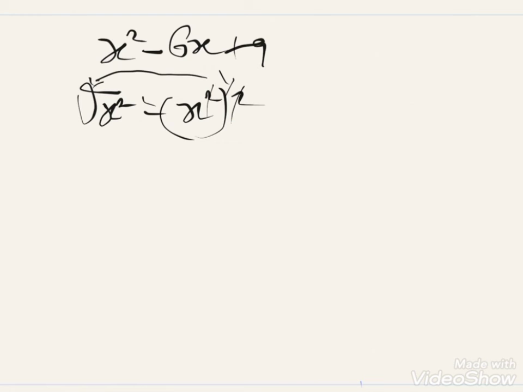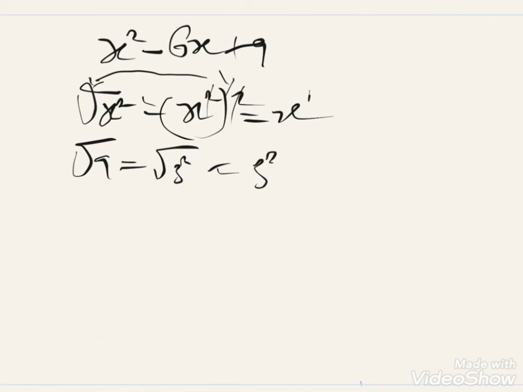Then we can simply divide to have x, that is, 2 times half is 1. There's an invisible 1 here. Again, root 9 is equal to root 3 squared, noting that 3 squared is also 9, equal to root 3 squared raised to the power half. The half is the radical sign. Then we can now divide to have